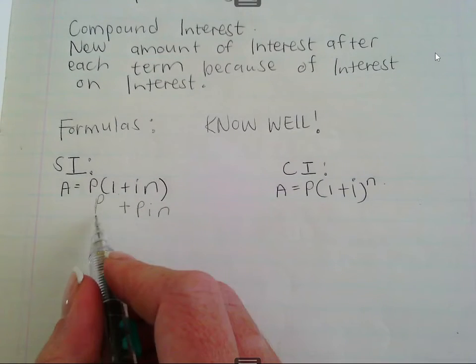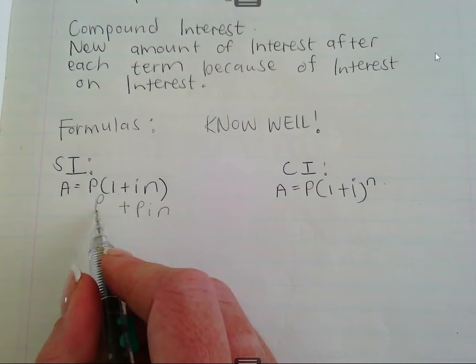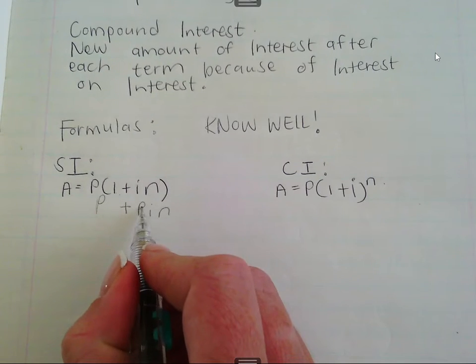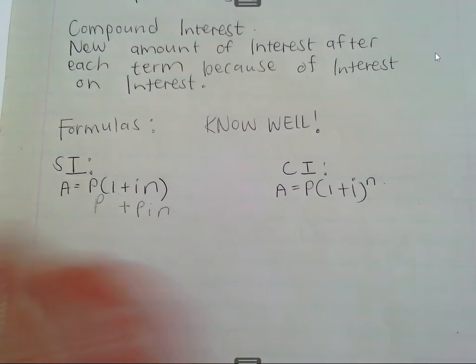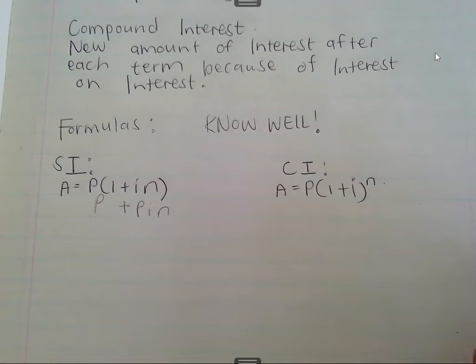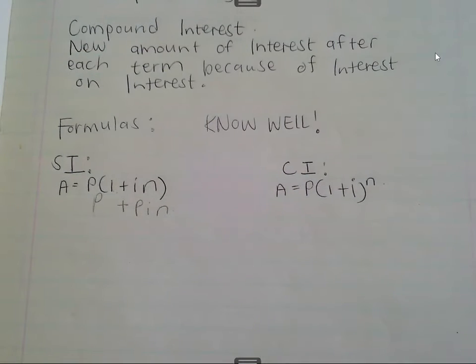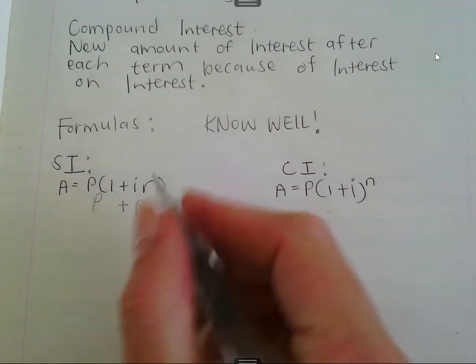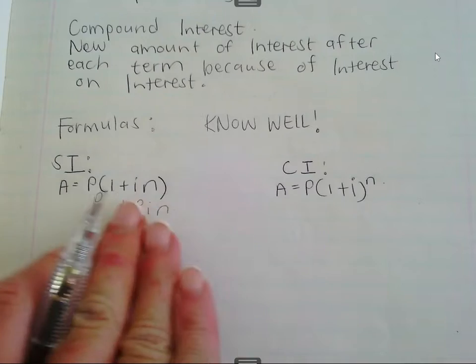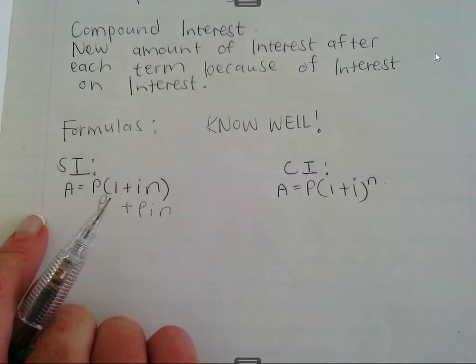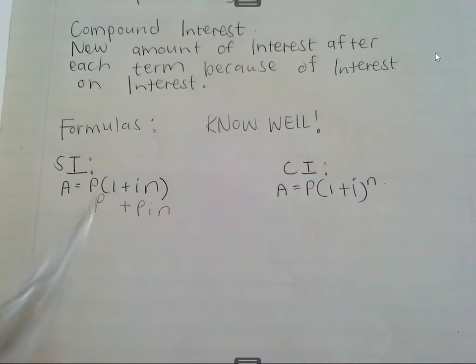Okay, so this is the original amount. This is the original amount times the interest rate times the time, the specific time or term that it was invested for. So that is the interest, and that's the original amount, and together they give you the final amount. So does the equation actually make sense?